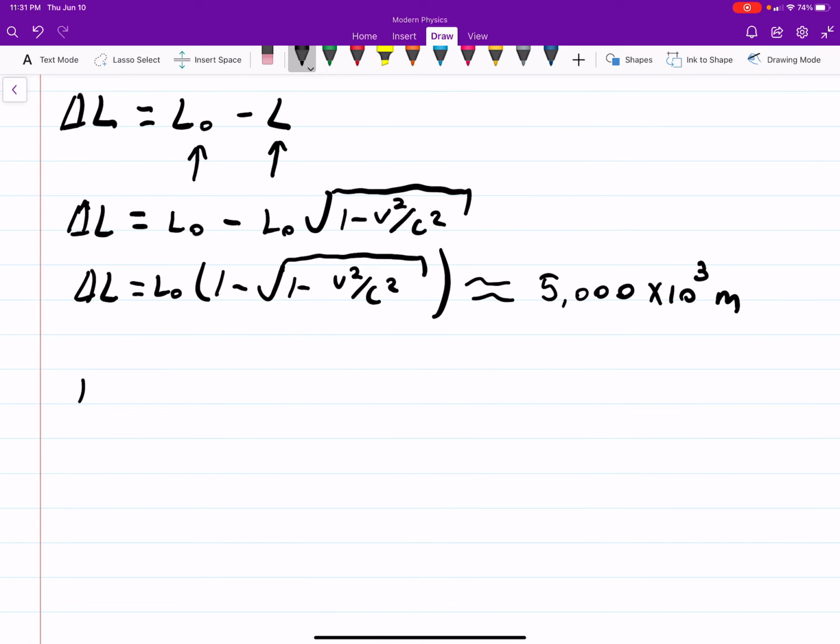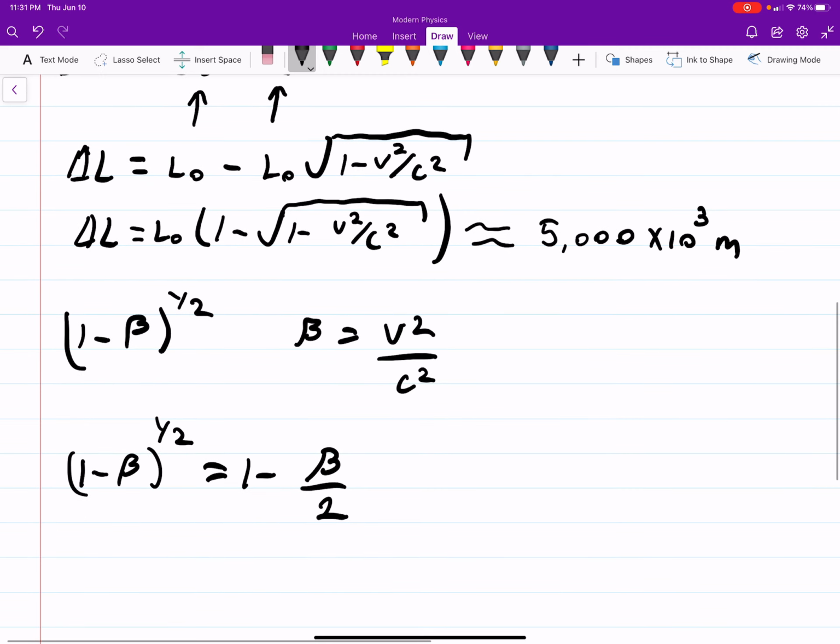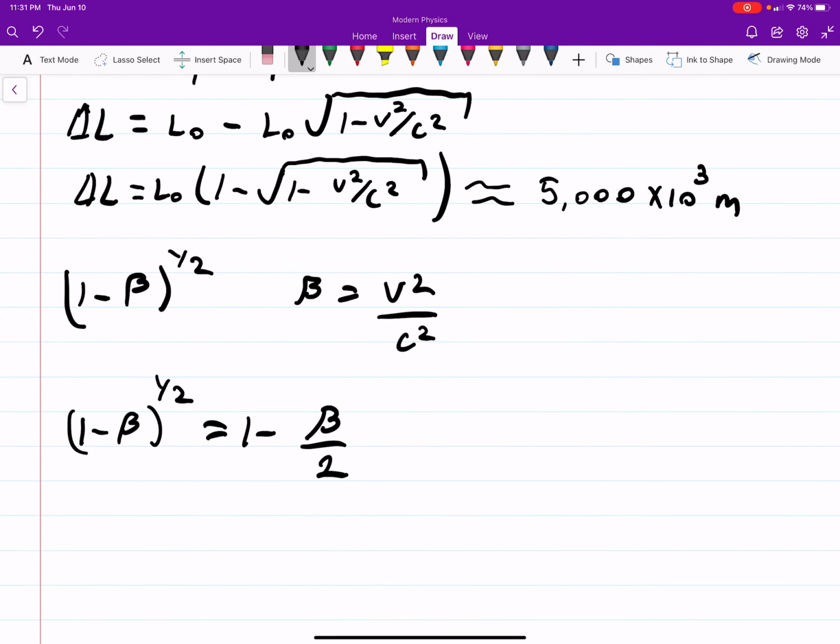And (1 - beta)^(1/2), where beta is equal to v squared over c squared. I think that's what they usually call it, beta. If you want to expand this, I think I've done this before in my math video, that's just going to be 1 minus beta over 2. It's the same thing, just an approximation, and a good approximation. So with that, we can plug this into this part,